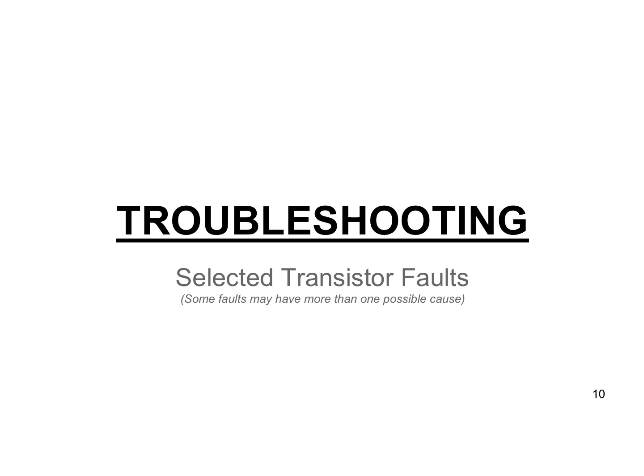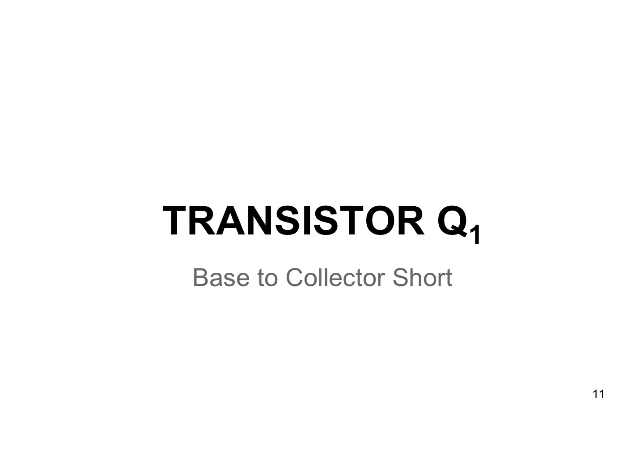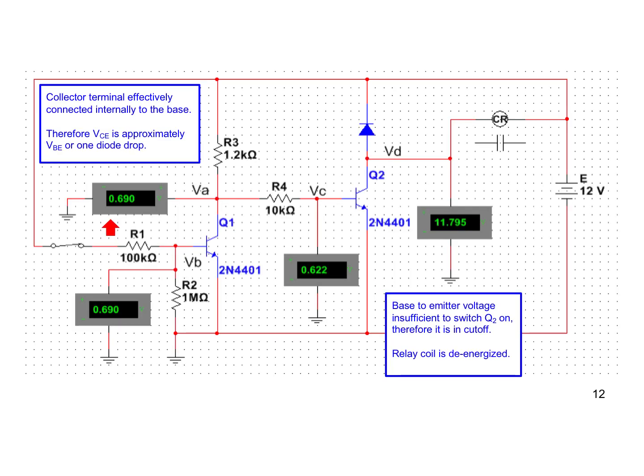Okay, so let's do a little bit of troubleshooting. Transistor Q1, base to collector short. How do we know that? Look at this meter. This meter here is measuring the base voltage, VB. VA is from the collector to the ground. So essentially we have the 690 millivolts. So we can say here that VB